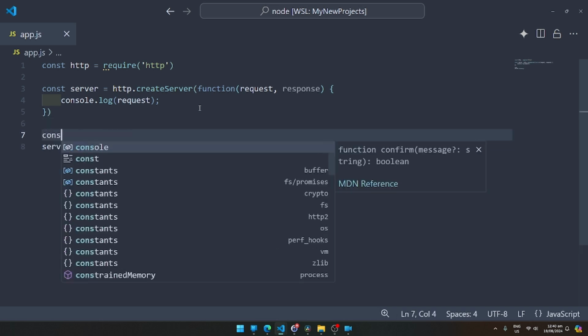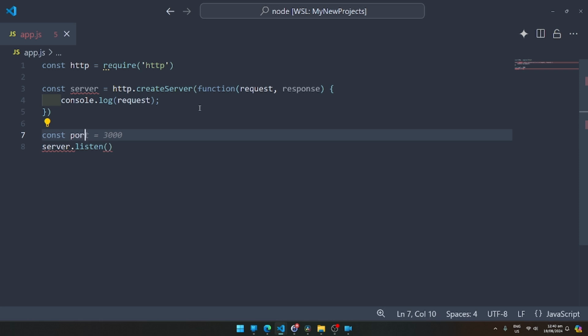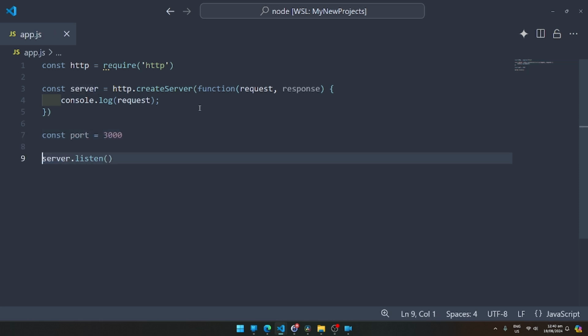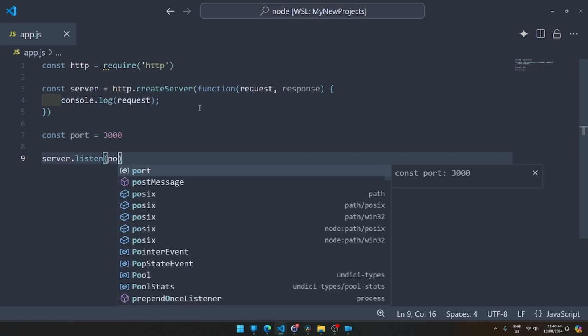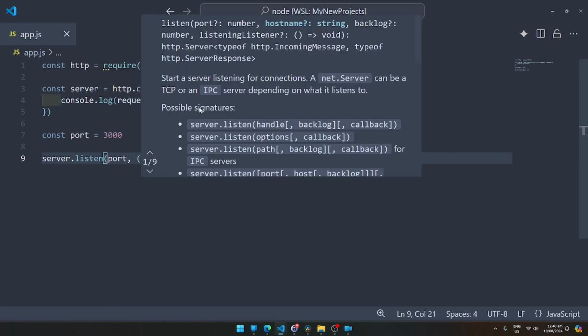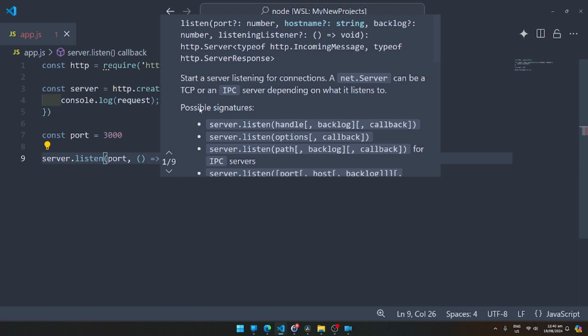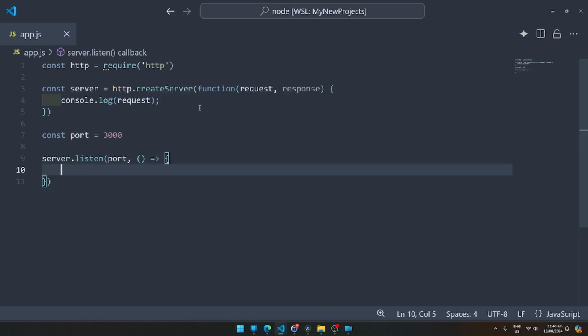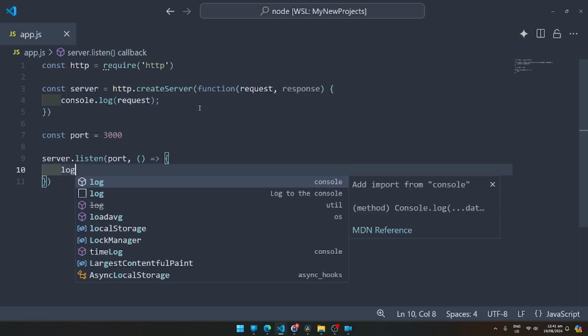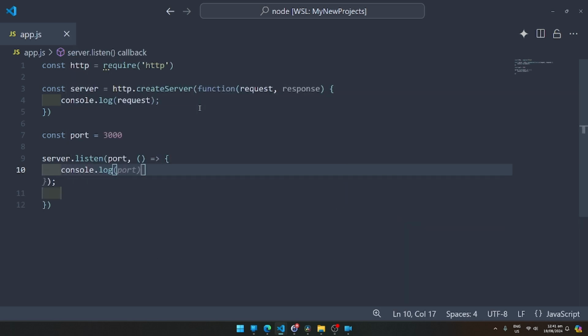Let's also define a variable here called port with the value of 3000 and pass in the port here, and let's define another anonymous function in the second parameter, and we just have to log here, informing that the server is running on port